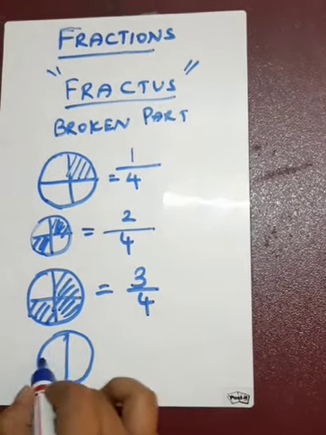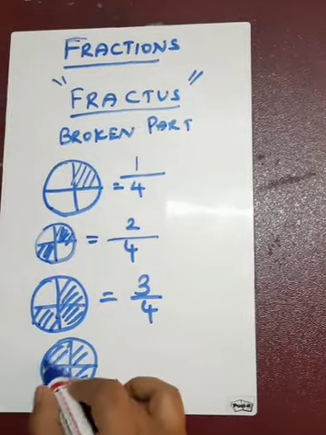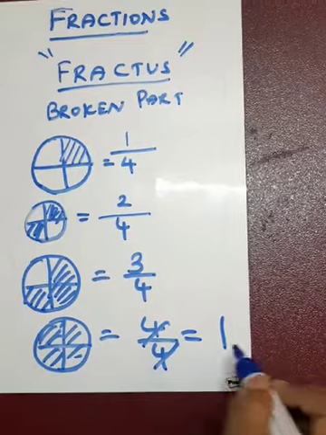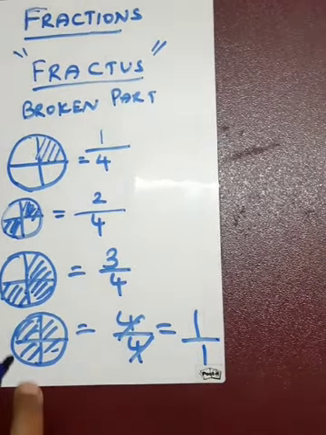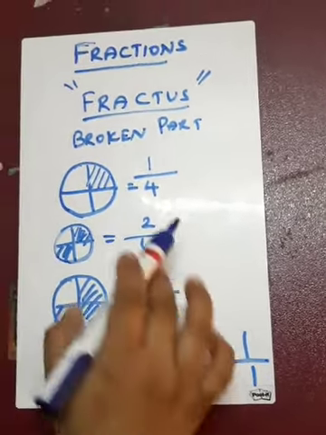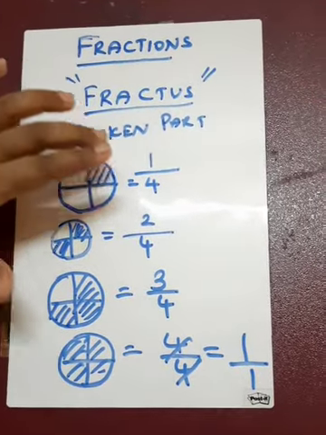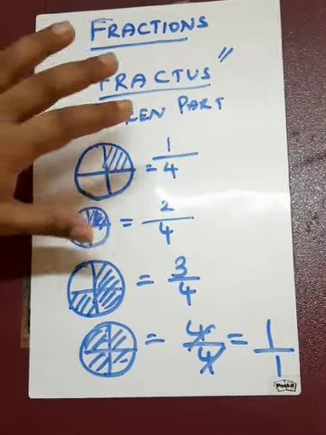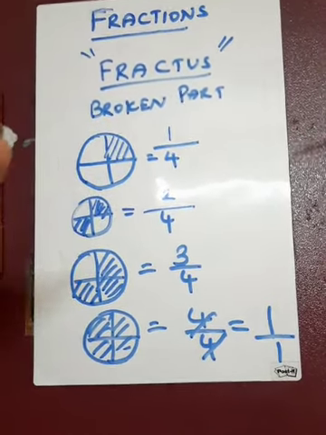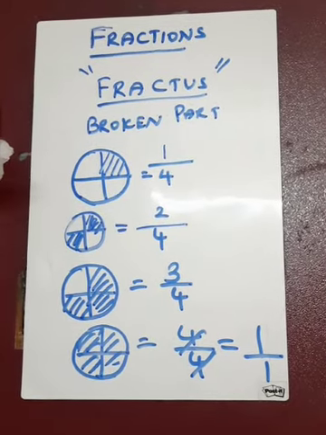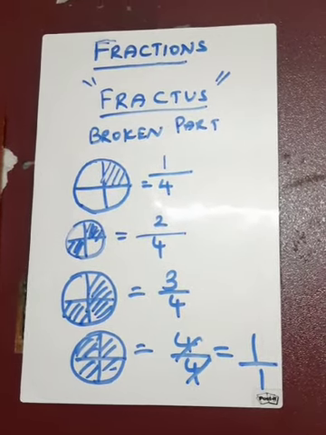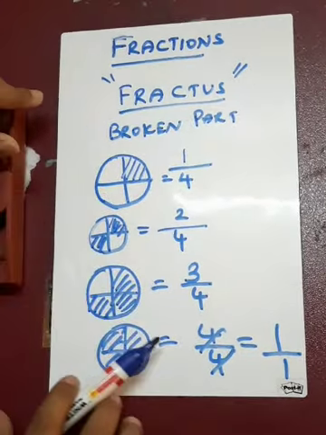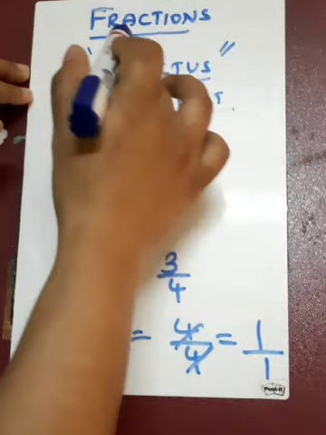And finally if I'm giving all these things, what will it be? All 4 equal parts by 4 equal parts, which will be one whole or 1 by 1. Understood? So see these pictures. These are called fractions. A fraction is nothing but a part of a whole. In this example we are taking just one object. So don't confuse it with a collection of objects. I am just taking one particular biscuit, breaking it into pieces, and that part is called a fraction.